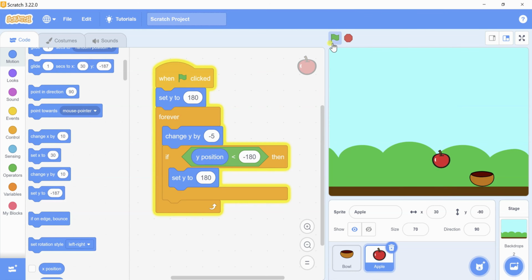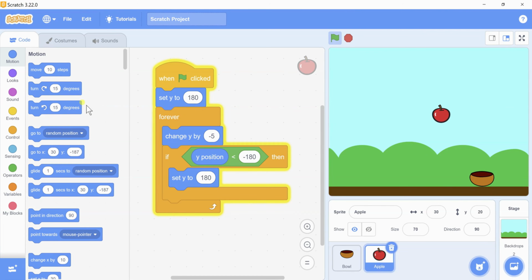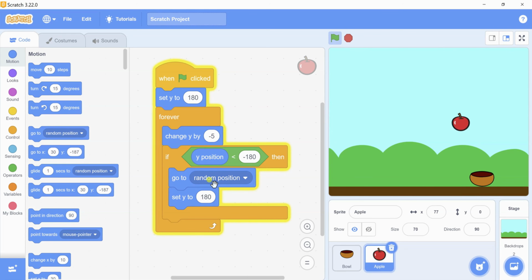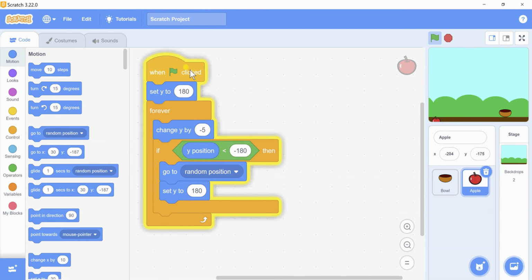It's been moving up to down. Now I'm adding another block, that is go to random position. So you will see it here. Go to random position, then set y to 180. So that's great. Now I'm adding another condition for my project, that is if this apple touches this bowl.